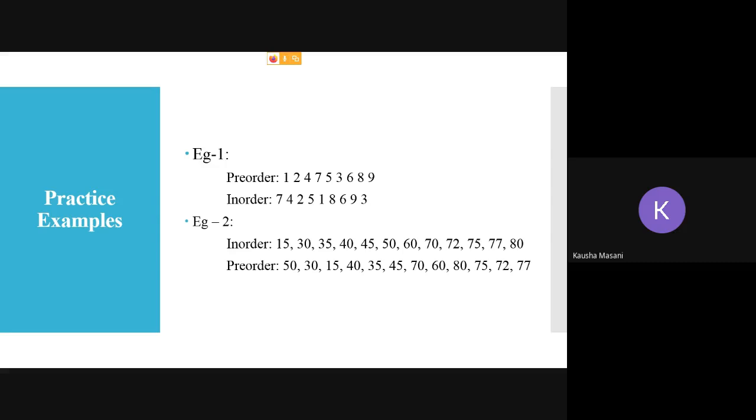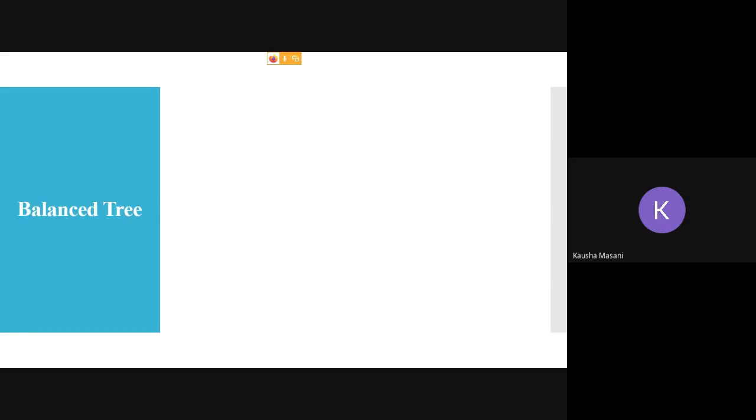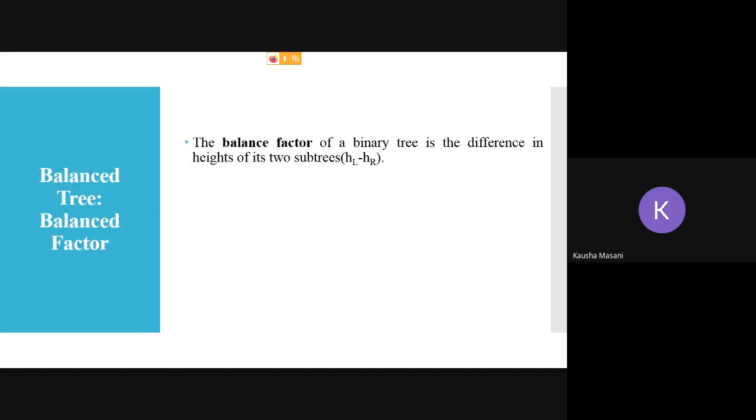And this is your homework. Next lecture without fail इसका solution मुझे आप लोगों से चाहिए. Take a screenshot of the screen. We are keeping our session till here. We will start our session with this example first. I want a solution from all of you. Okay. Then we are going to start what is your balance trees. Okay. How you are going to balance, what is your balance factor and how you are going to balance. Okay. That is what we are going to see. That is your next topic.